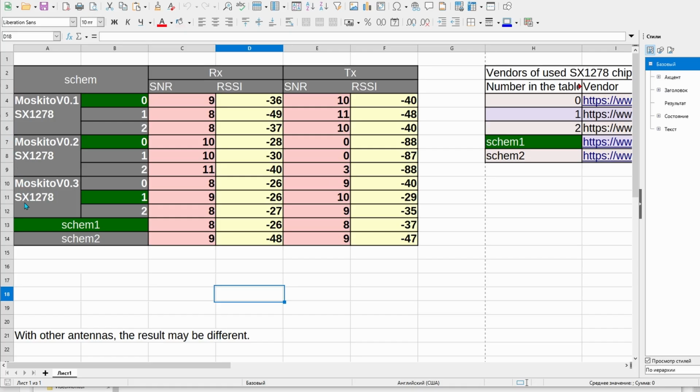Let's analyze the test results. RSSI is an indicator of the strength of the received signal. The higher the value, the better the transceiver works. High values show that the scheme is correctly designed. As you can see, the most successful was Camar version 0.3, and also not worse were the schemes on chips